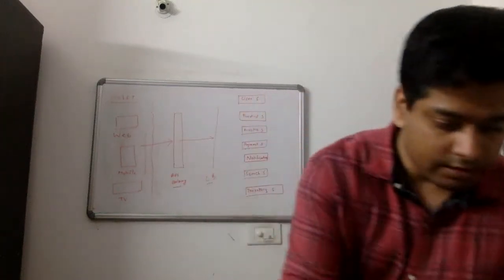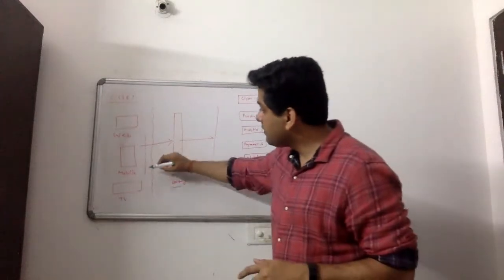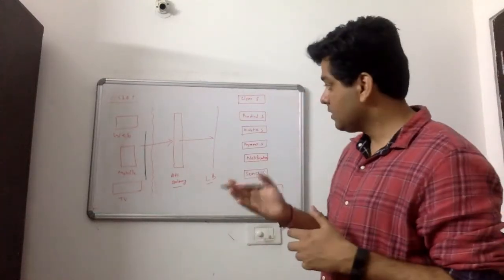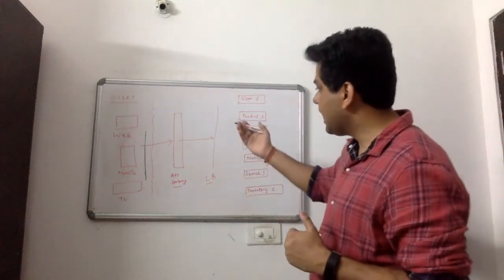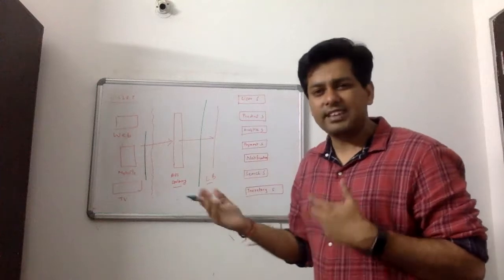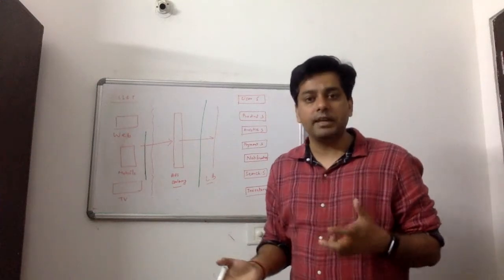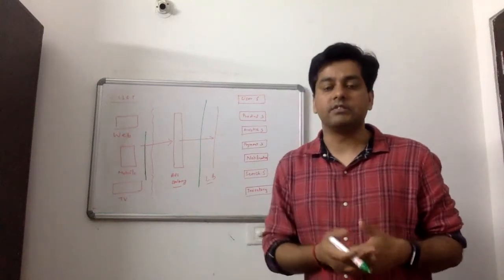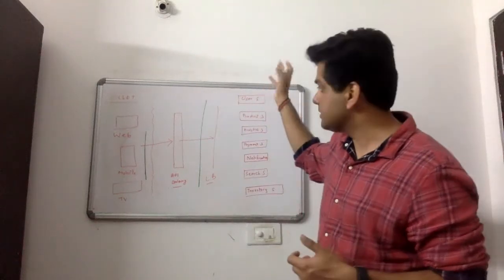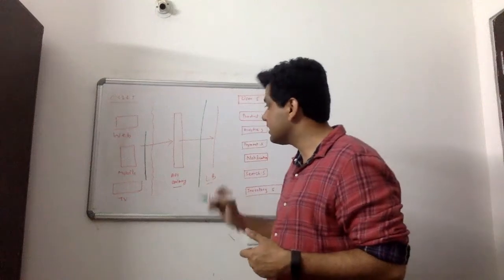Let's use a different marker for that. One layer of caching can be on the client end. We can cache stuff at the client end, or we can have a global cache here. Before going to the load balancer, I can just see if it's present in my global cache. Let's retrieve it from there. Else, then go to the load balancer, which goes to the server and the microservices. So we can have a caching layer here as well.